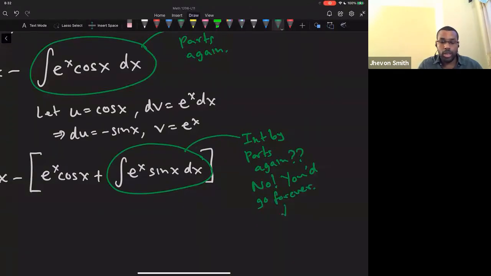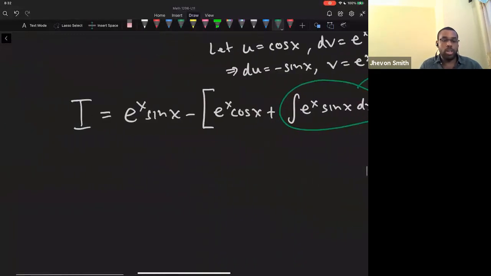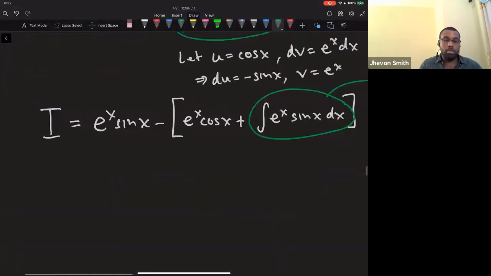The solution here is to just realize it is now just an algebra problem. Notice that what we have is an equation where the thing we want to solve for is on both sides of the equation, right? This is really just I,